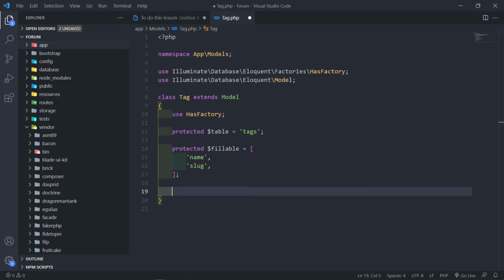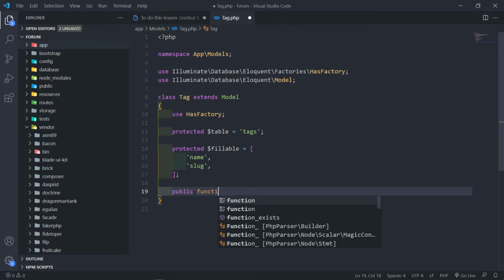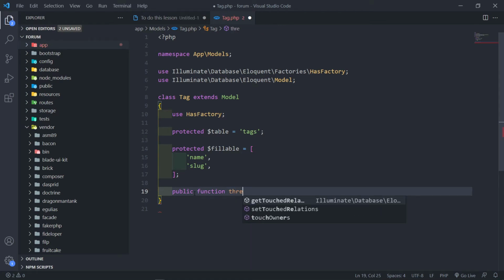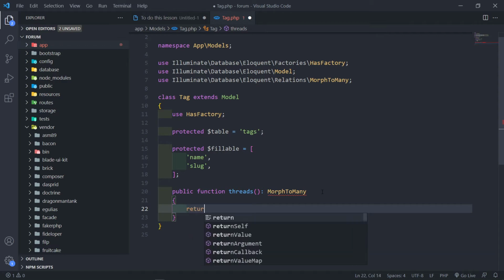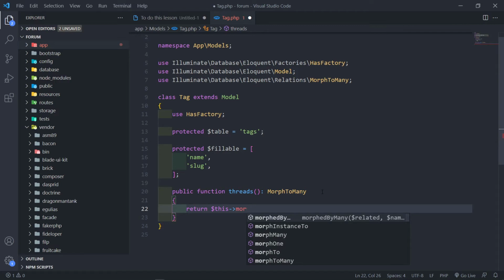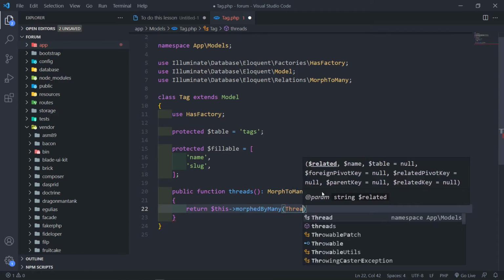All right, so the next thing that I want to do is I obviously want to create that relationship. So public function, and this one is going to be for the threads. Obviously the threads can have tags. So this is going to be a morph to many. This one right here, and as you can see, it's imported at the top right there. And we're going to return this morph by many thread